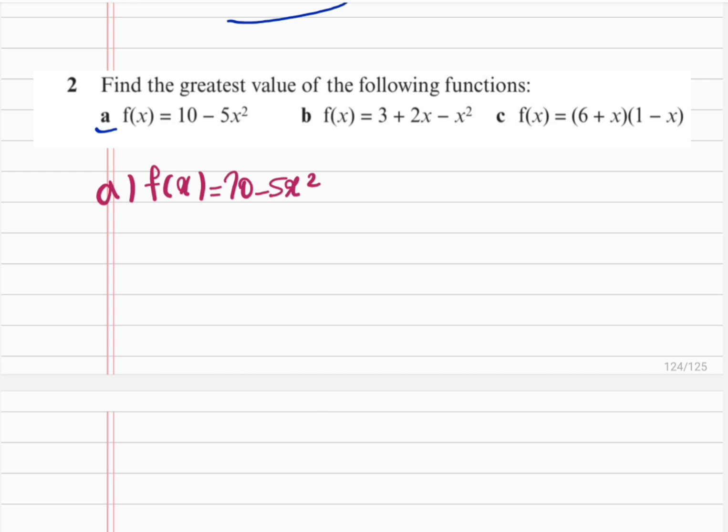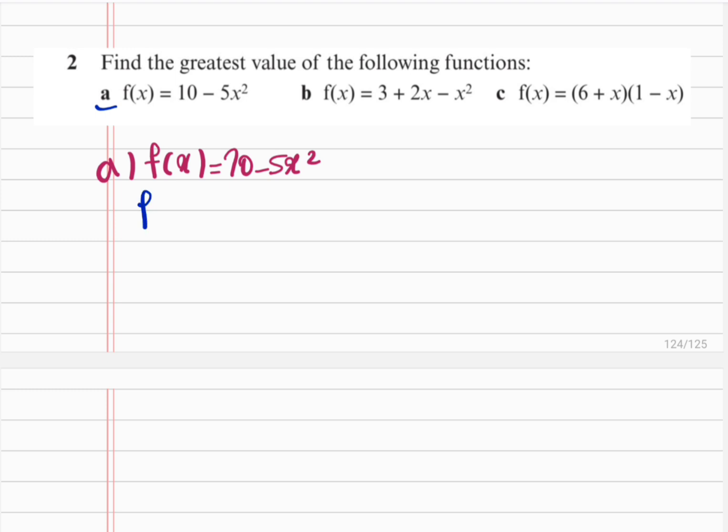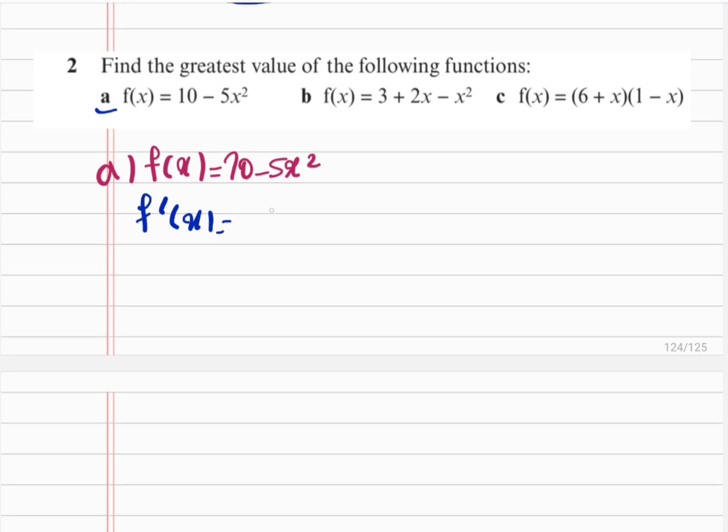In order to find the stationary point, we first find the first derivative of the function and we set that equal to 0. By solving the equation, we are going to get the x coordinate of the stationary point, and we just need to substitute that into the function to get the y coordinate of the stationary point. The y coordinate of the stationary point can be the greatest value of the function or the least value of the function. Okay, so in this case, the first derivative is equal to minus 10x, and we set that